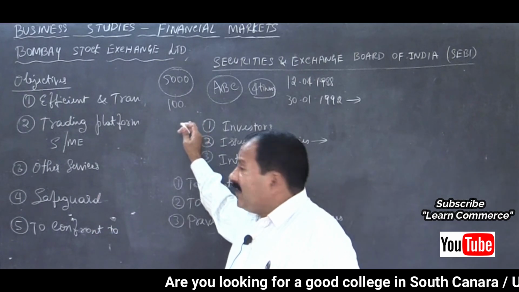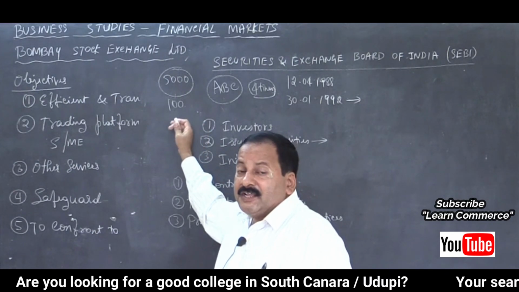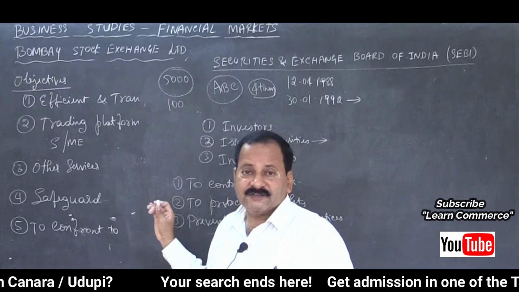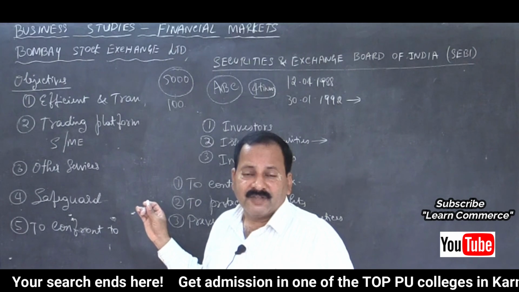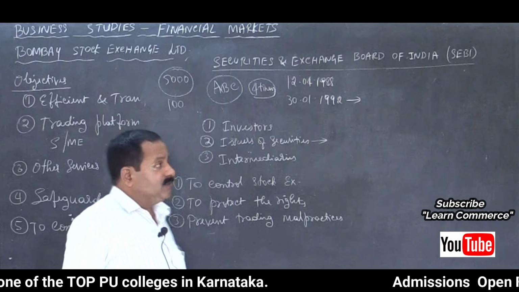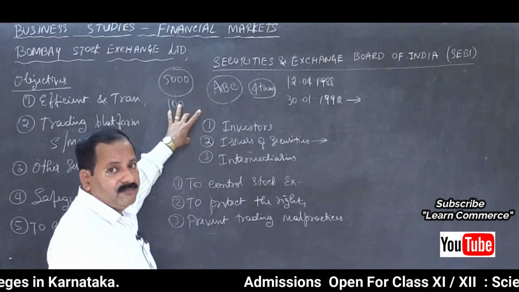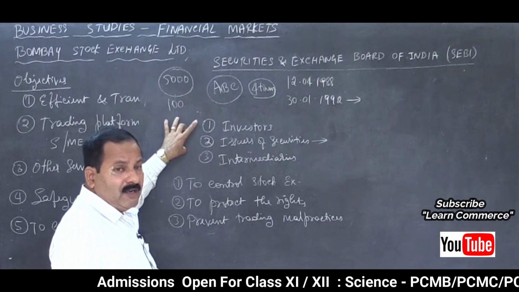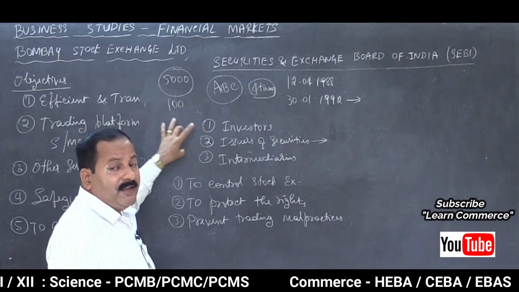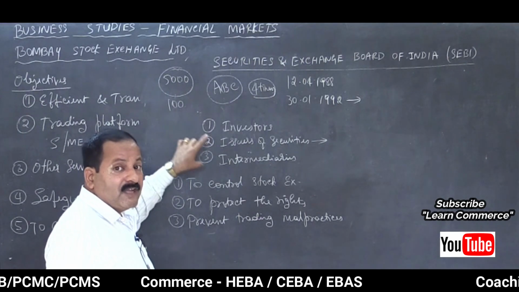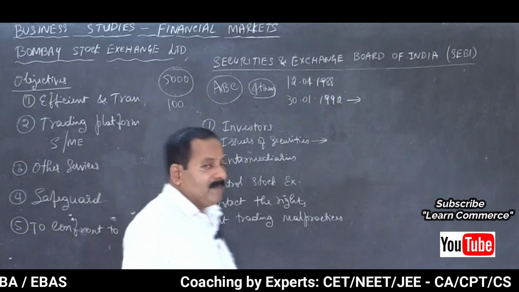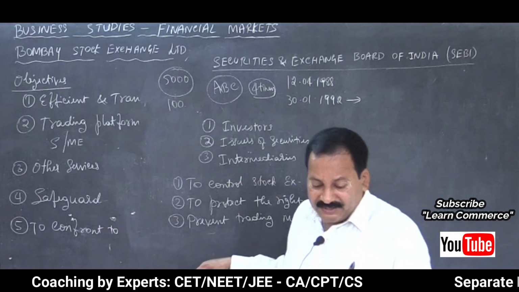So if such activities are done, these activities are not as per the law. This is called malpractice in the securities market. Because the person who invests should not be the authority. If he is the authority, then what happens? Ultimately, he will manipulate the prices, he will do malpractice. This is called insider trading activity. So this is about preventing trading malpractices, and that is another objective of SEBI.